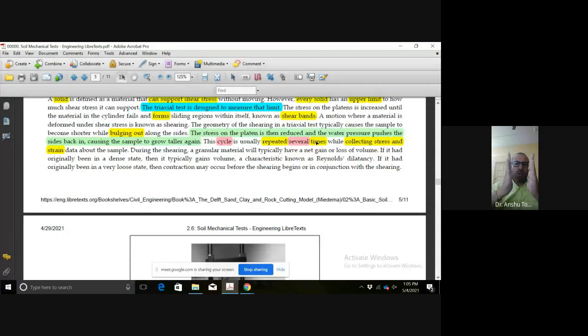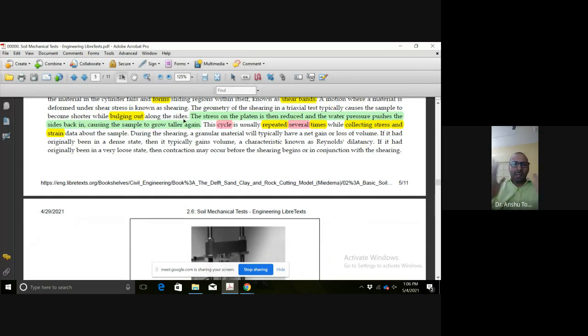It is like this: you are pressing the water bath, you are releasing the water pressure, then you are again pressing the water bath, then again releasing the water pressure. So this system of pressing, releasing, then pressing again and releasing is going to bring shear to the sample.